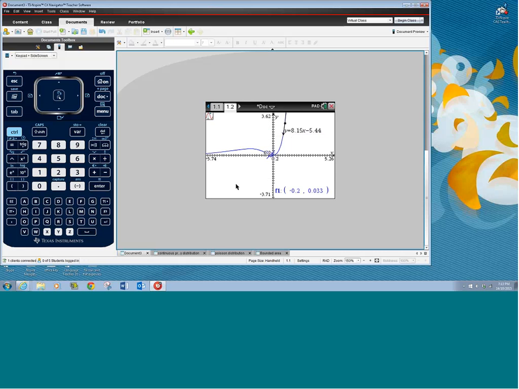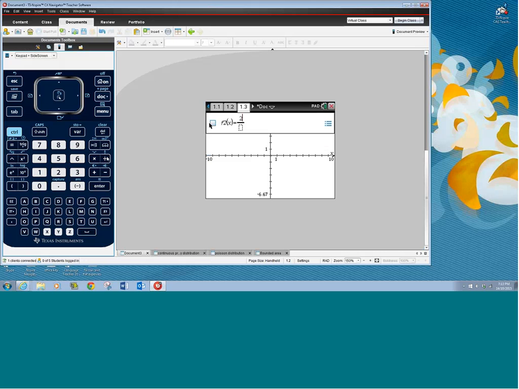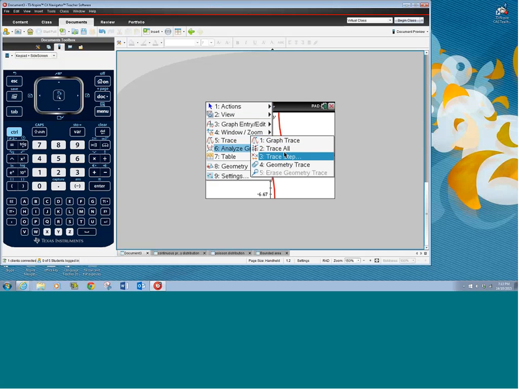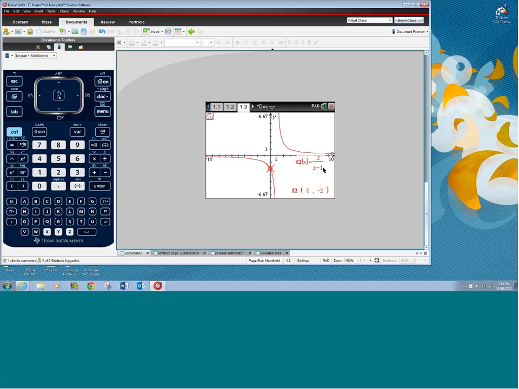It is particularly useful if we want the asymptote, so let's say I have 2 over x minus 1, and if I use trace, students can check that when x equals 1, it actually shows it is undefined, so that is the asymptote. So these are the features, and also, as I said, because in IB we need 2 decimal